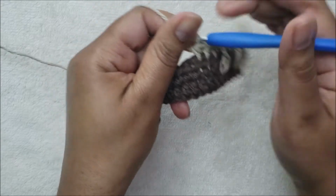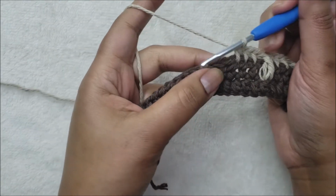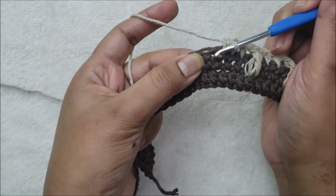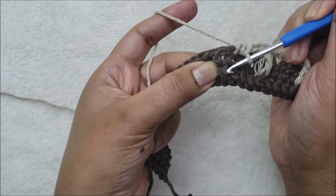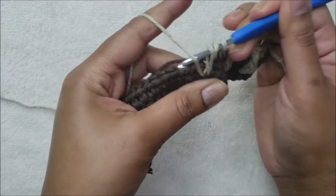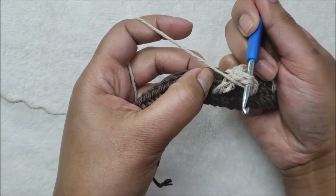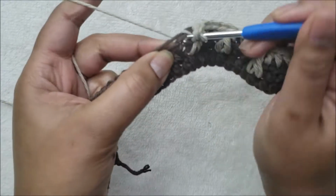So it's 3 half double crochet between each front post double crochet. So again, we get to the 4th stitch, we're skipping the stitch that's right on top, and we're going to the 4th one below, right down here of row 1, and that's where we're working our front post double crochet, just like so. And again, skip the stitch that is number 4 up here, move over, and we're working 1